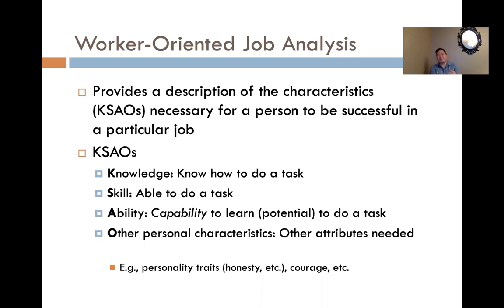And then for the professor example, we talked about charisma and caring. If you work in a bank, one other characteristic they're really going to want is integrity or honesty. If you work in law enforcement, they're really going to want you to have integrity as well, but also have courage. So certain jobs require things that don't fall neatly into knowledge, skill, or ability, but are worth mentioning because they are so critical.